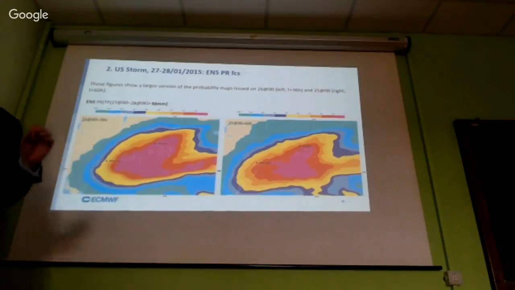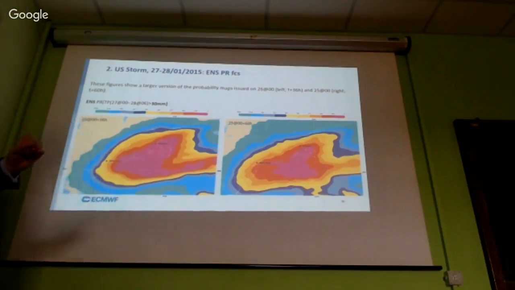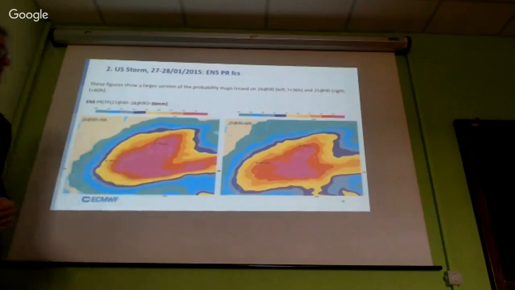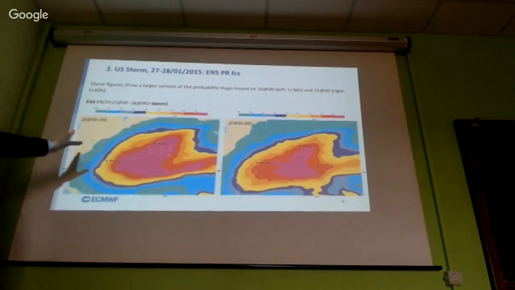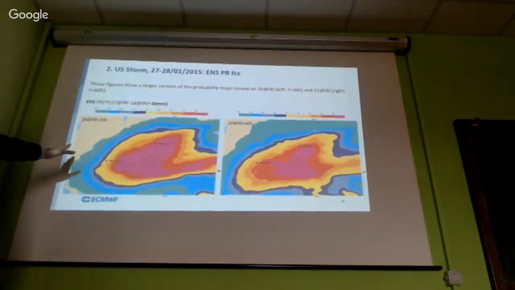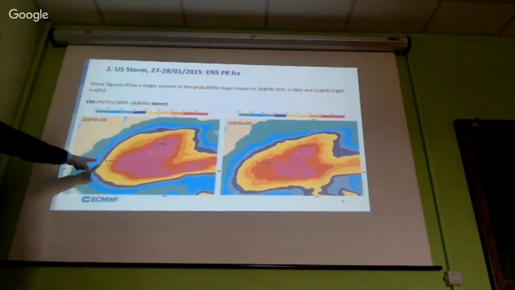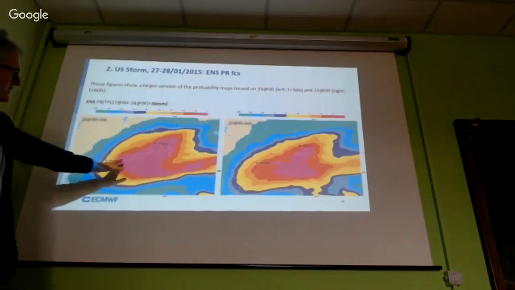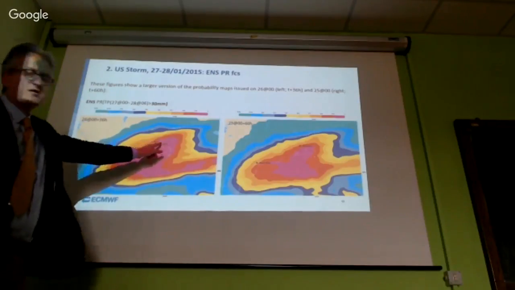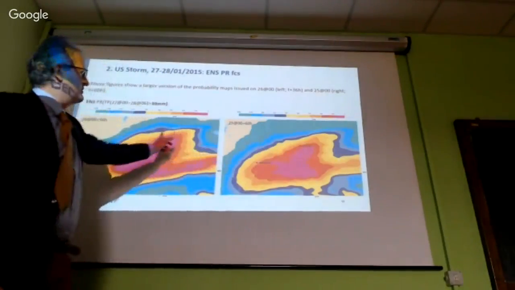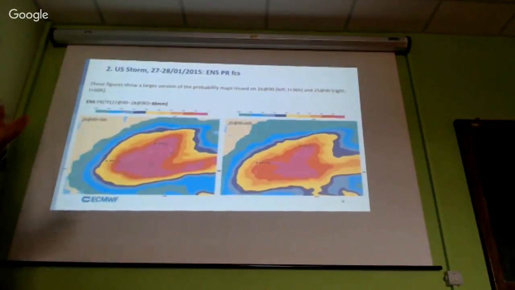The situation was very tricky because the snow could affect New York and Boston. What you see here is a 60-hour forecast and the 36-hour forecast. New York is on the edge of the area where the probability moved from 0% to 100%, while Boston remains, both in the plus 60 and in the plus 36-hour forecast, quite within an area